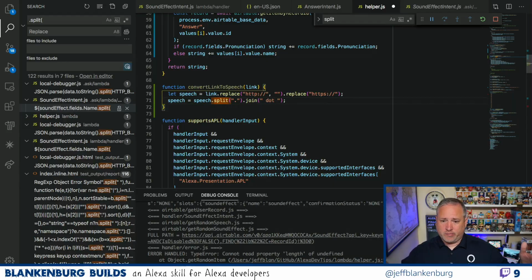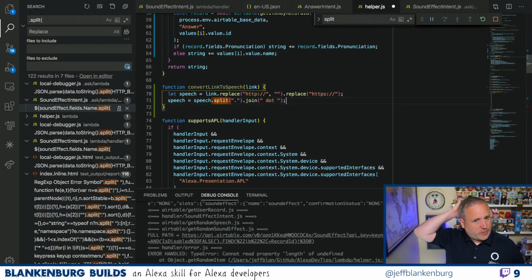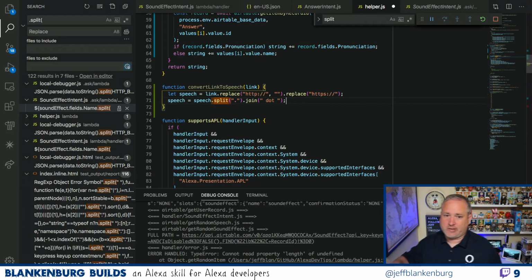Then I join them, which means I'm going to take all of the values in that array and rejoin them, and I'm going to separate each value with the word dot. So this is a quick, easy way to do a master replace on your string without having to do some kind of iterative process. I'm just splitting on periods. When I hit a period, I turn it into an array, and then I convert that array back to a string where I separate the values in the array by using the word dot. So that's an easy way to do that.